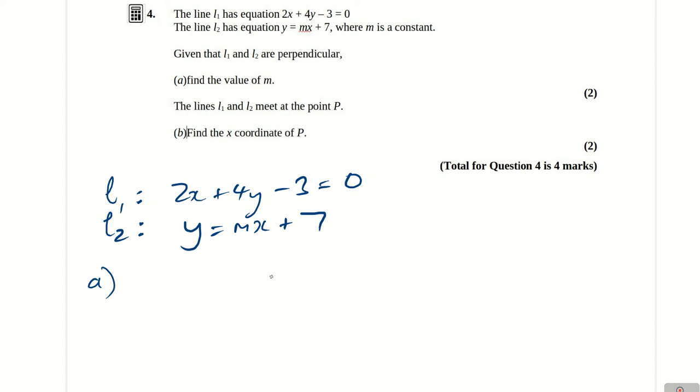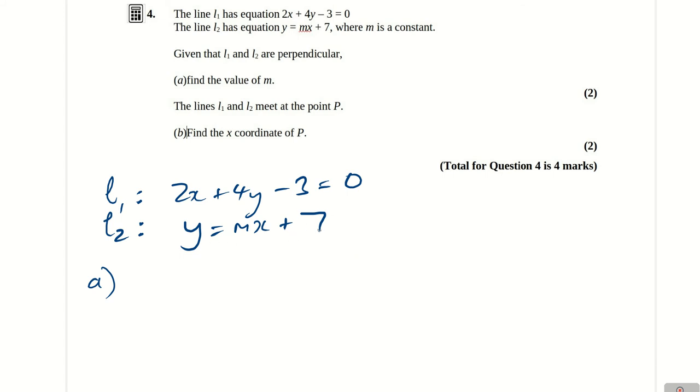Right, so we've got two lines with two equations. The first equation, we've got all the information: 2x plus 4y minus 3 equals 0. Remember, any algebraic equation with x's and y's but without any squares or cubes, just separate terms for x, y and a number added together, must always be a straight line when you graph it. That is the form y equals mx plus c of an equation, but